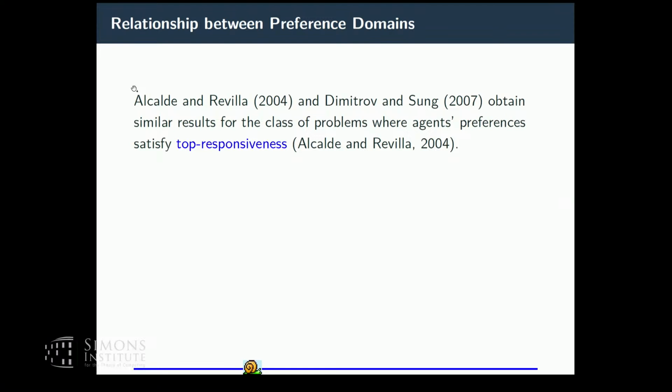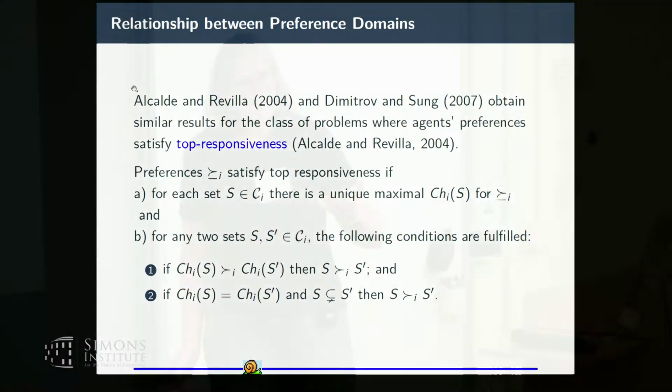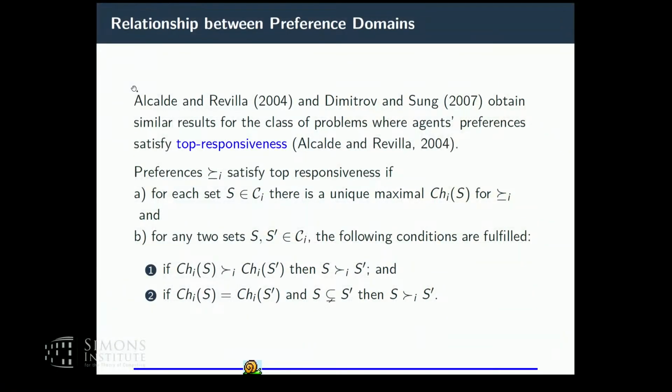Now, in this research on hedonic coalition formation, there already has been a preference domain that was suggested as very nice because it guarantees the existence of core partitions, of core solutions. And that was the so-called top responsiveness domain by Alcalde and Revilla. Now, top responsive, I don't want to spend a lot of time with this, but their work is on choice functions. So you give me a bunch of agents, I'm able to say this subset is my best set. So part of this preference domain is that for each set of agents, you can select the best set for you from that. It's a unique maximal element of that choice function.